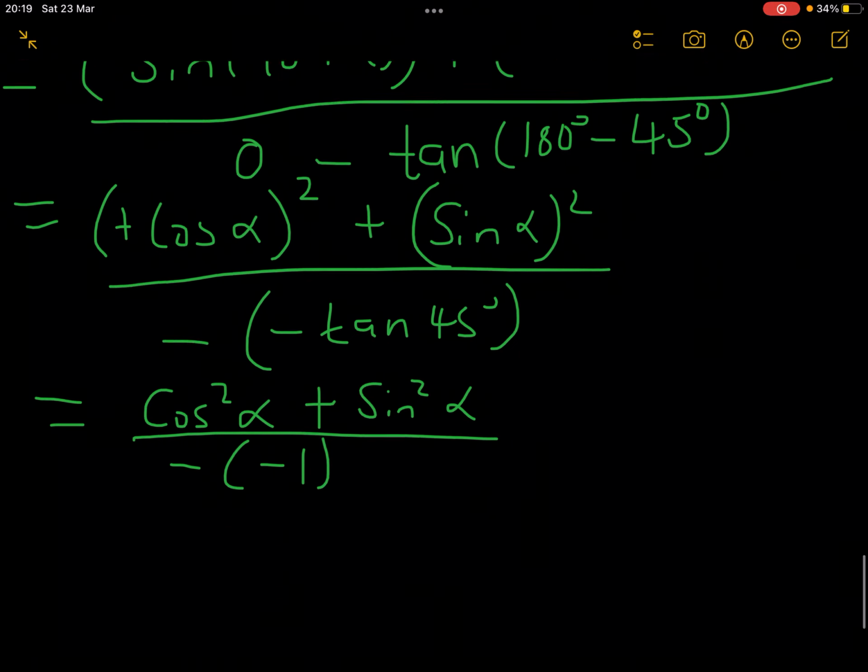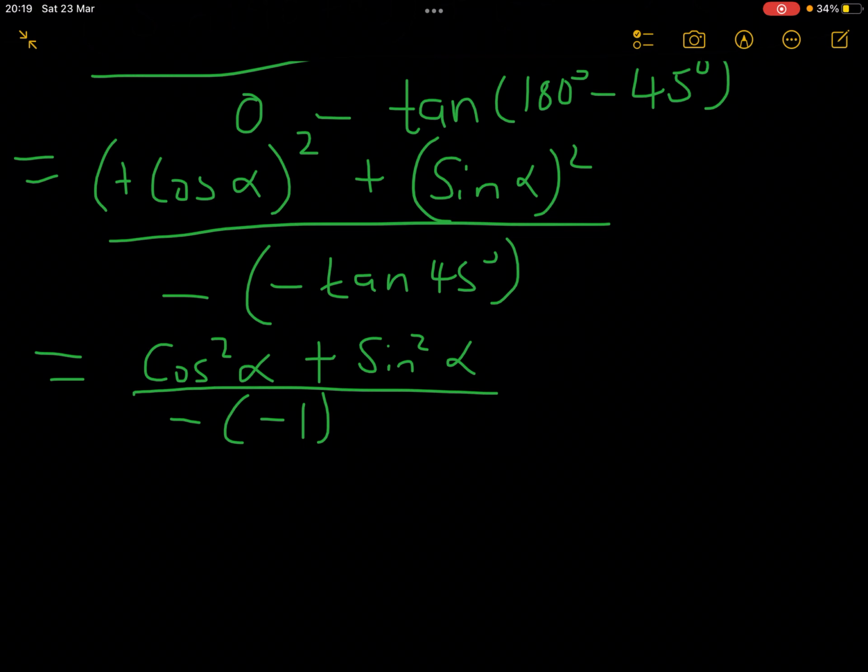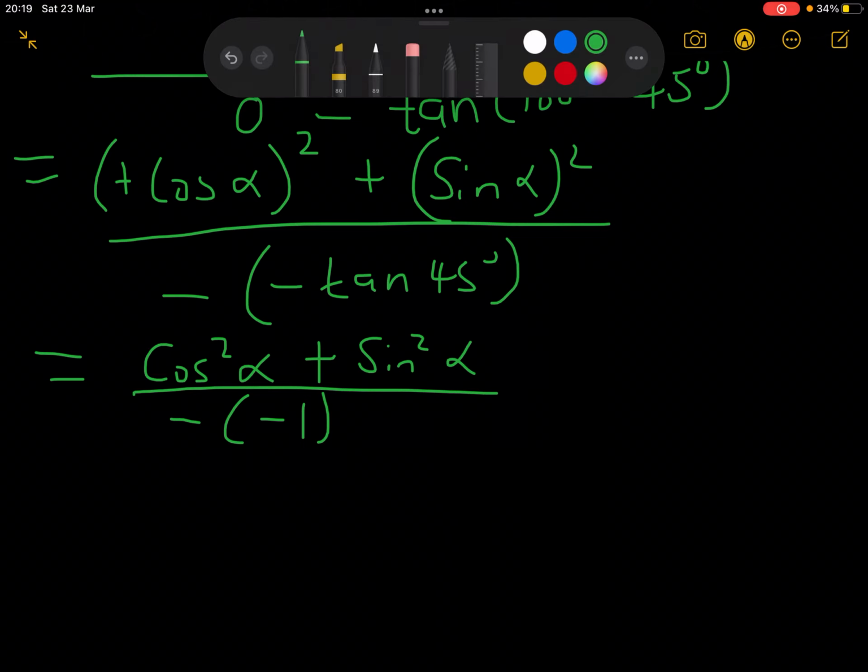There is an identity that you must have learned in grade 11 that says sine squared of an angle plus cos squared of that same angle is equal to 1. So cos squared alpha plus sine squared alpha is equal to 1 over a positive 1. Then this is equal to 1. And that's how we solve